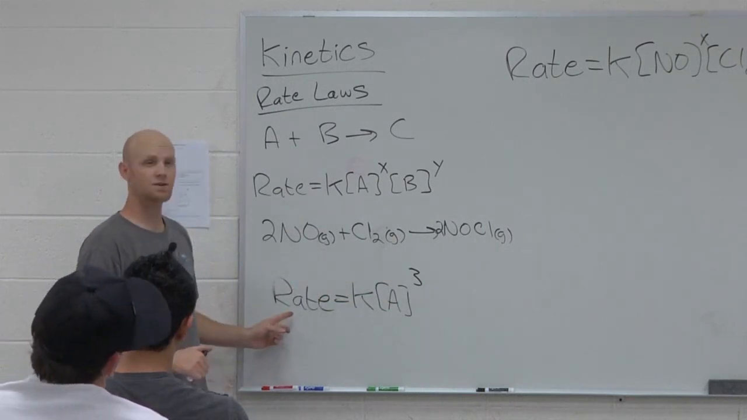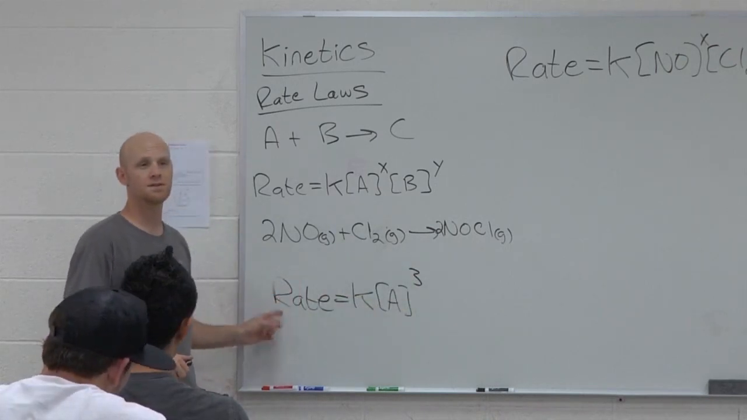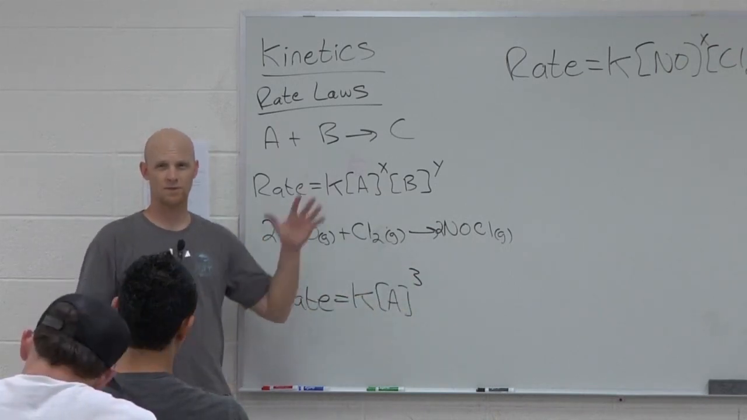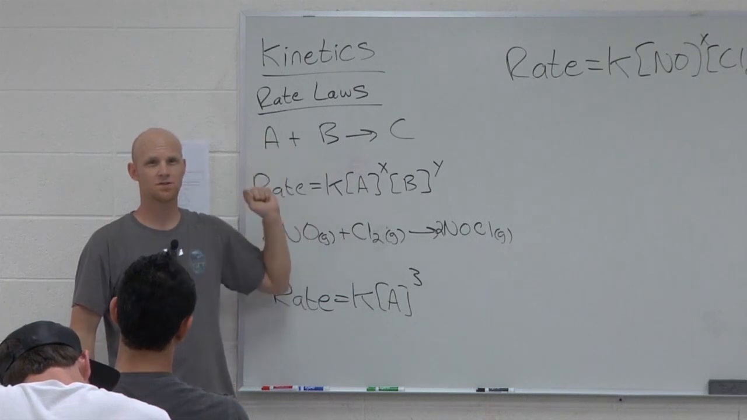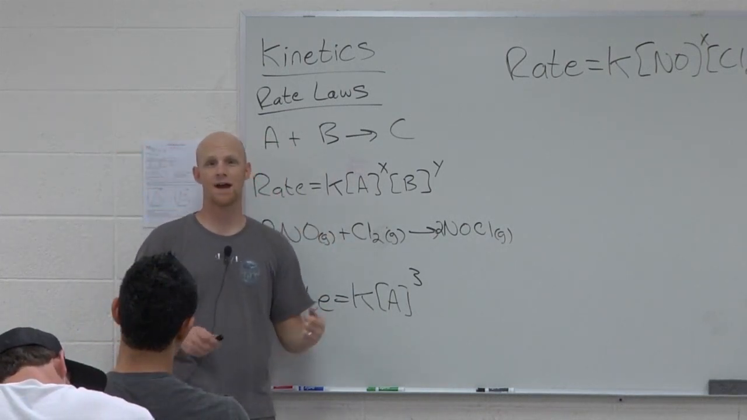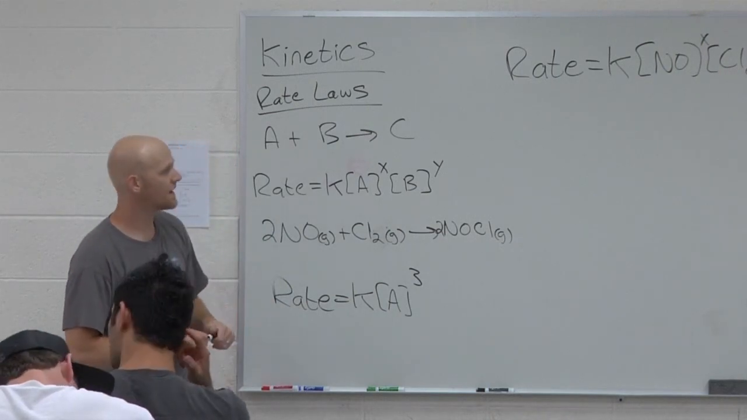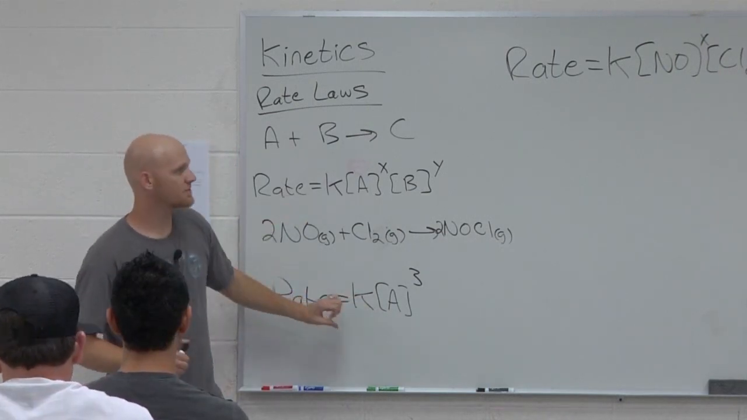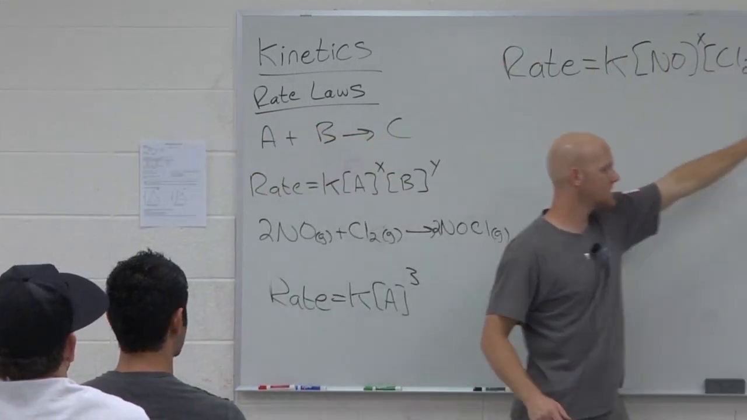It would increase by a factor of 27, because 3 cubed is 27. Everybody cool with that? So the greater the order, the greater the impact that particular reactant has on the overall rate of the reaction. Okay, so we're going to keep that in mind here for a sec when we're looking at this lovely experimental